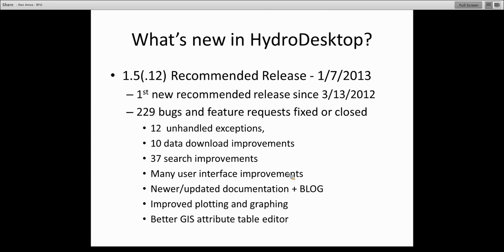adding several new features and capabilities, and we're really excited about this one because